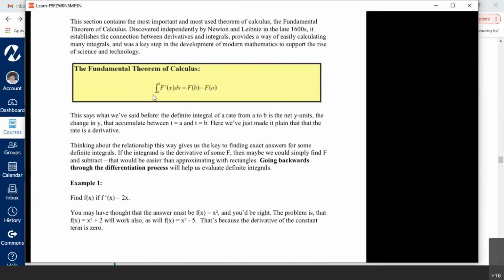So if we look at this, you can see I've got an integral sign here, this elongated sum sign, and it says if you take a rate function, notice the prime here on the function f,